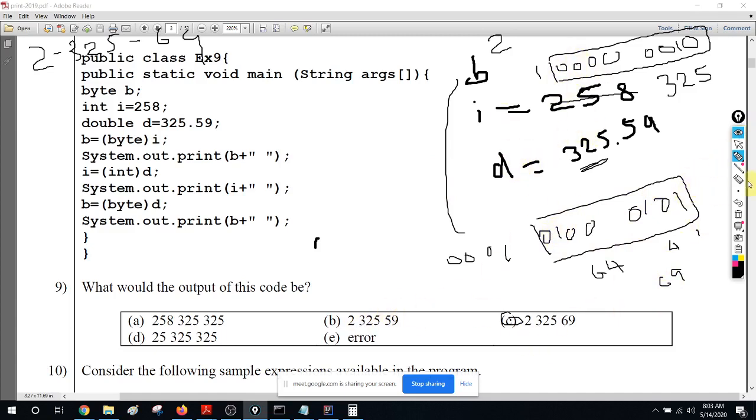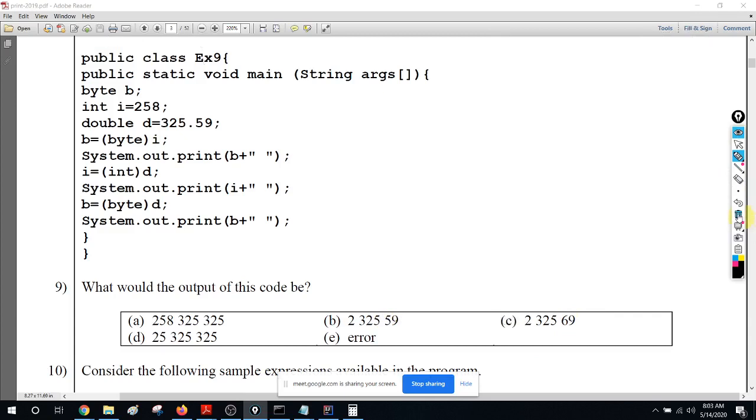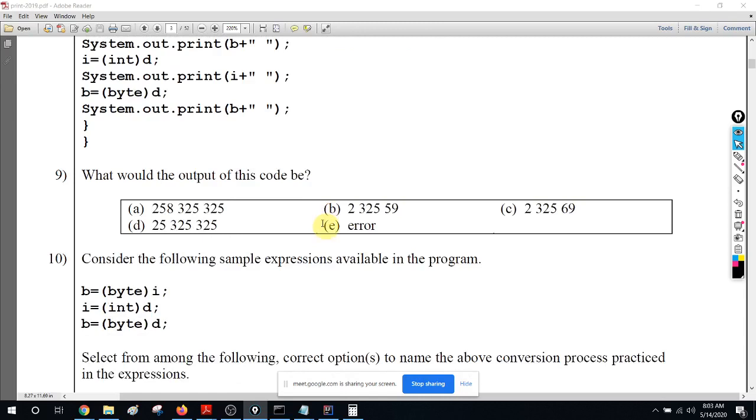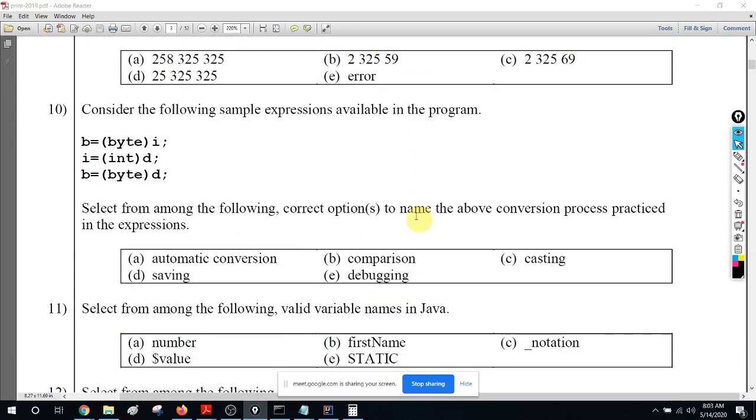Right, it looks like you are not having any questions, so I will move on. If you have any questions, you can still put them in the WhatsApp group later. Don't keep your problems with you. Your task is to solve your problems. So let's move on to the 10th question.